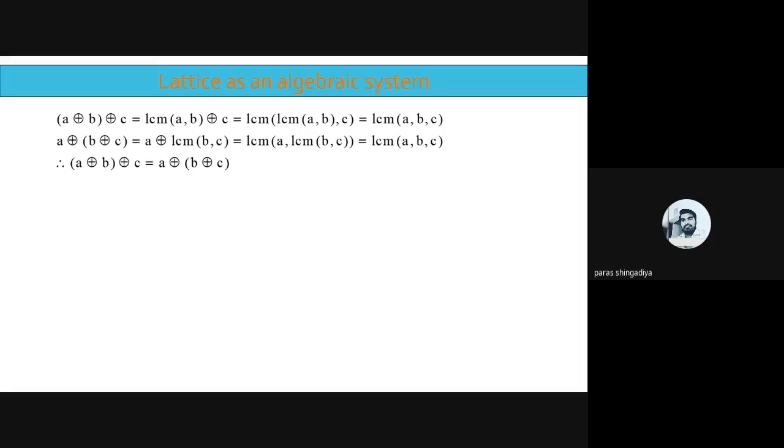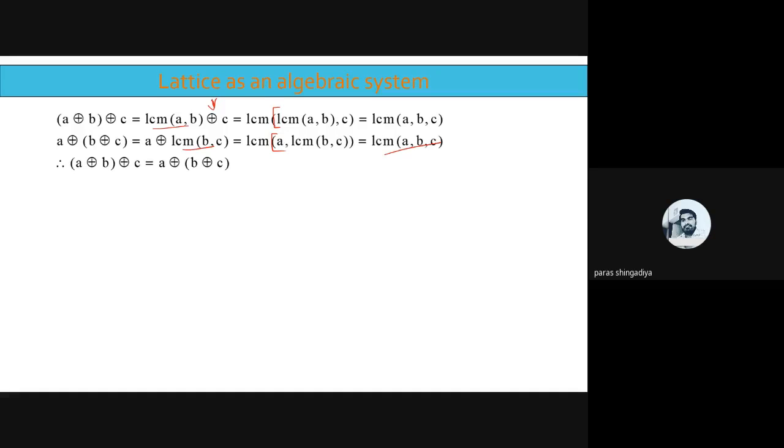And then after second one, for the ring sum case, use the LCM for the ring sum. So here we have bracket A ring sum B, ring sum C. So A ring sum B means LCM of A, B, ring sum C, and again remove this ring sum, so that can be written as LCM of LCM of A, B, comma C. Clear? And that is equal to LCM of A, B, C. And similarly for the second part, A ring sum bracket B ring sum C. So first solve the bracket, so it can be written as LCM of B comma C. And with the A ring sum, it can be written as LCM of A comma LCM of B comma C, and that is equal to LCM of A, B, C.